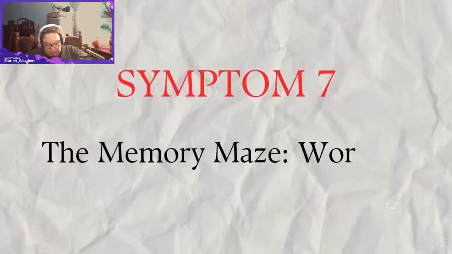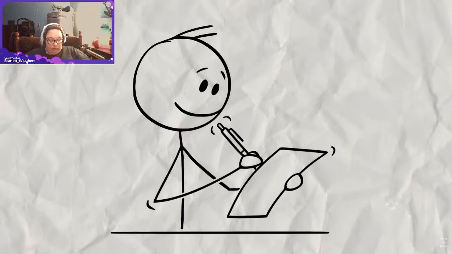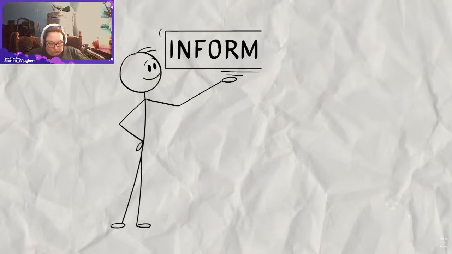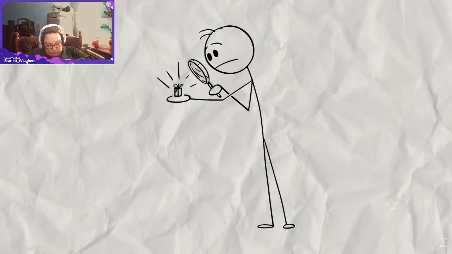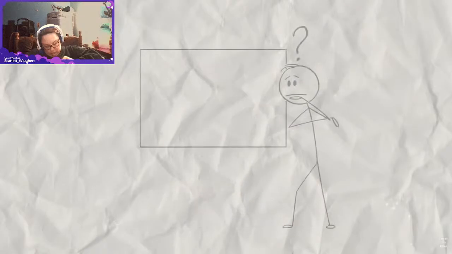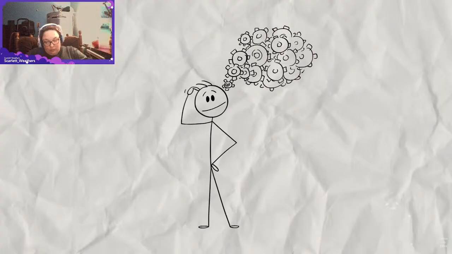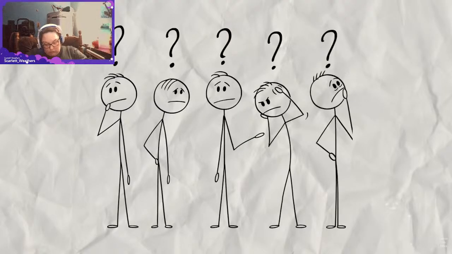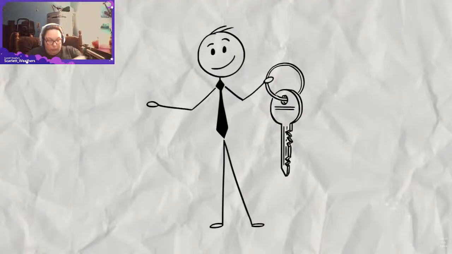Symptom 7, the memory maze, working memory deficits. Working memory is like your brain's temporary notepad, where you hold information to manipulate it. For those with ADHD, this notepad often feels incredibly small or leaky. This means difficulty remembering instructions, forgetting what you were just doing, losing track of conversations, or struggling to follow multi-step directions. It's why you might walk into a room and forget why you entered, or constantly misplace your keys and